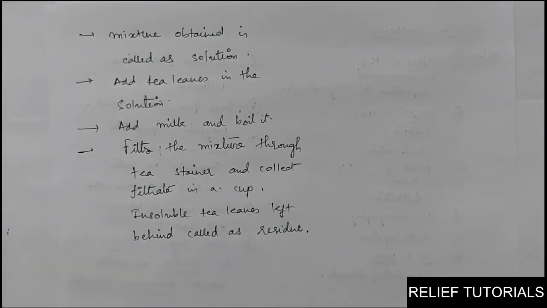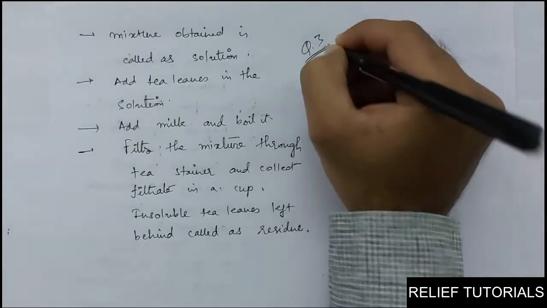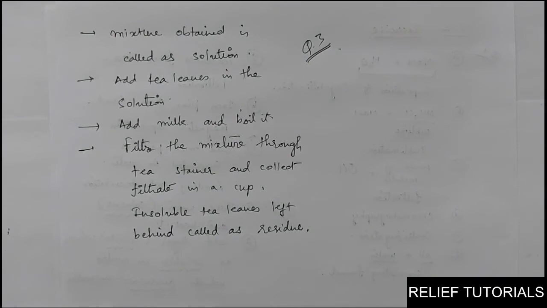Now question number 3. Look at the question. Open your textbook. Pragya tested the solubility of 3 different substances at different temperatures. Actually 4 different substances, because in the table there are 4 substances, so there is a printing mistake in the question. She collected the data. Results are given in the following table as grams of substance dissolved in 100 grams of water.